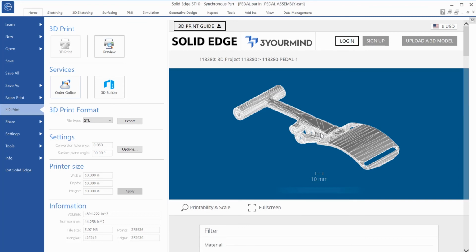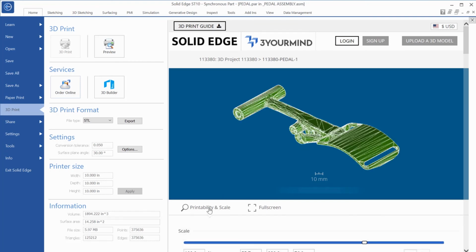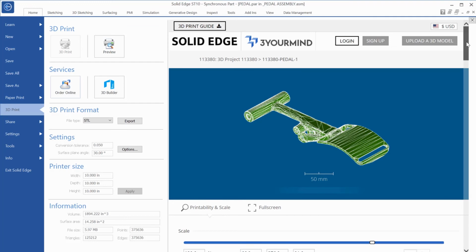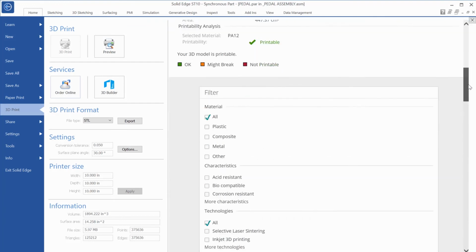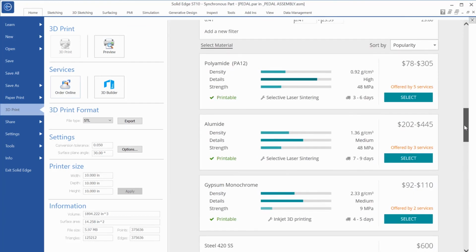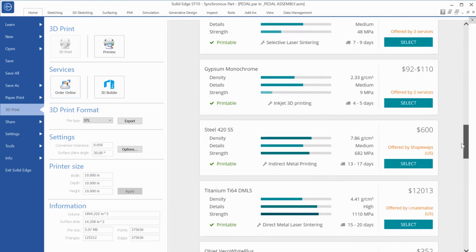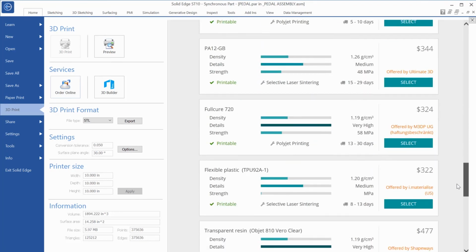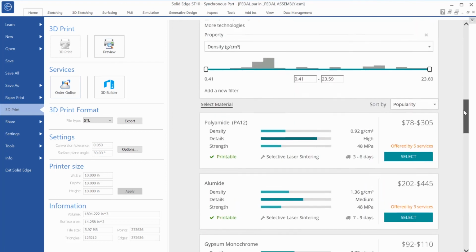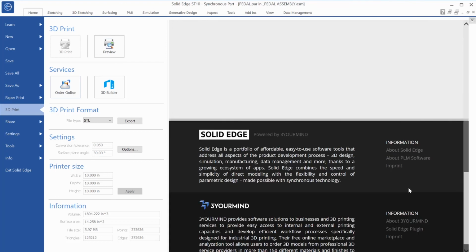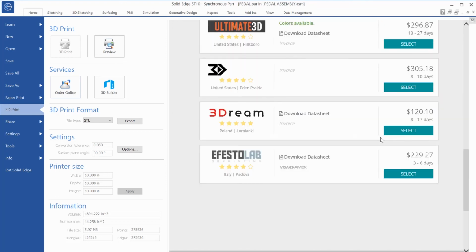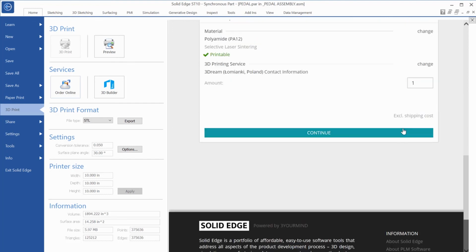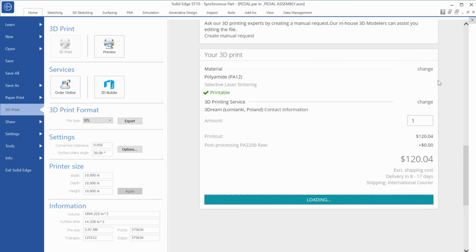Solid Edge offers the capability to order the 3D print through an online service called Through Your Mind. Through this interface you can check the printability and scale of your model, then browse through the different material options, using filters if necessary. These all include the price, print method and lead times. Once we select a desired material, we can then choose which preferred company we want to use for the actual 3D printing. The idea here is to give you all of the options needed so that you can get your parts printed as quickly and as cost